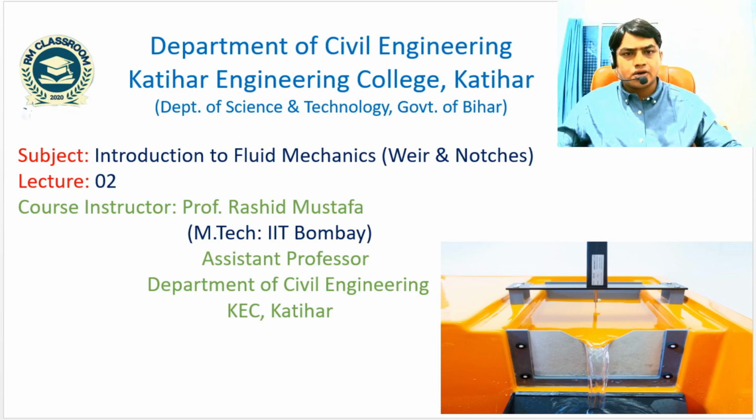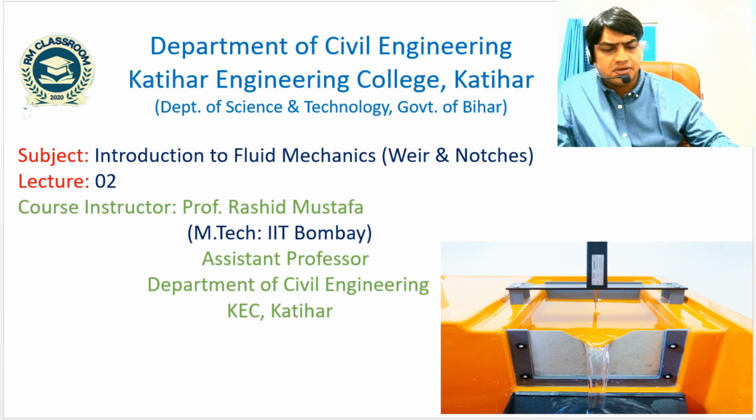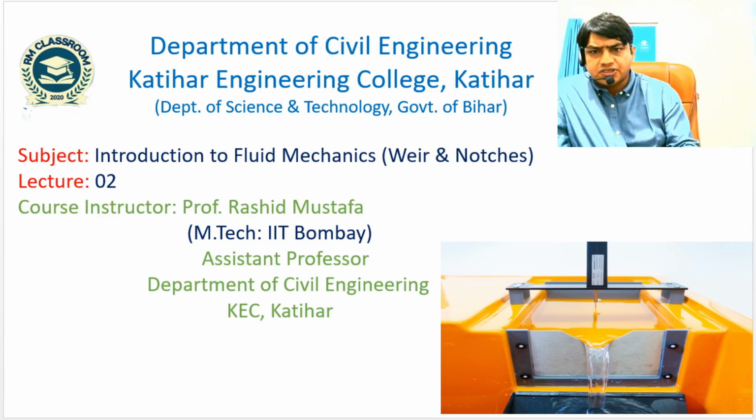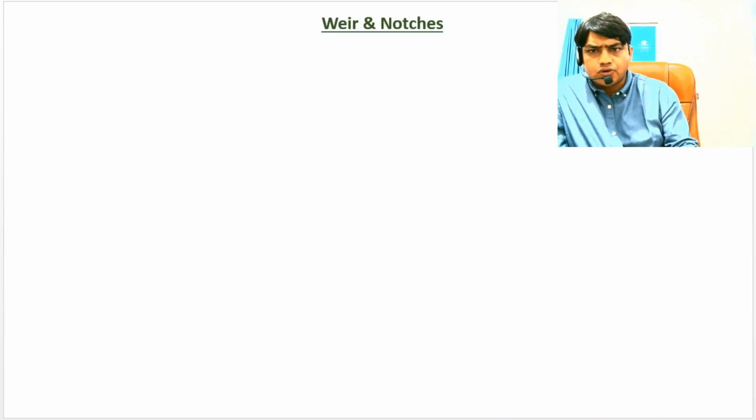In the V notch or triangular notch, we will see the expression of discharge. Then I will discuss the trapezoidal notch and stepped notch. Then I will also discuss the similarity weir, and then the expression of discharge on the broad crested weir, and then the effect on discharge due to the error in head measurement in different types of notch. So let us start the second type of notch, that is the triangular notch or V notch.